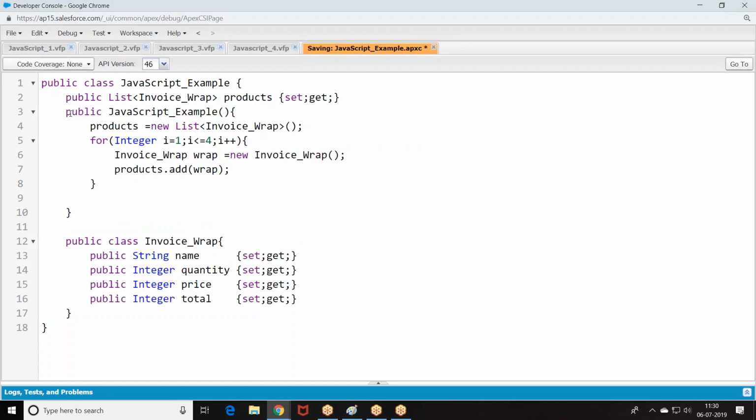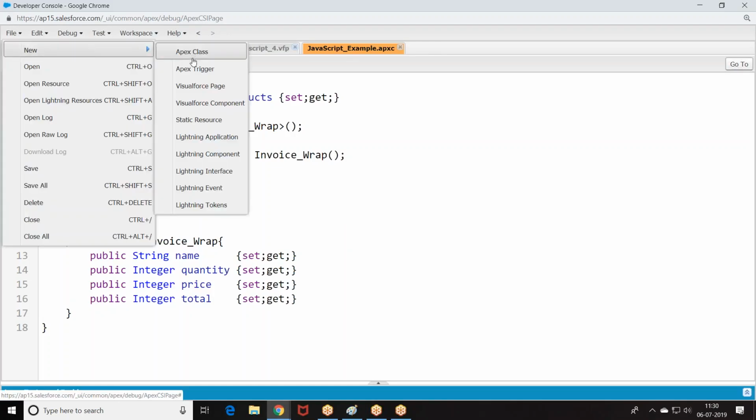Now, we have a group of elements. These elements I was trying to display in the VF page.